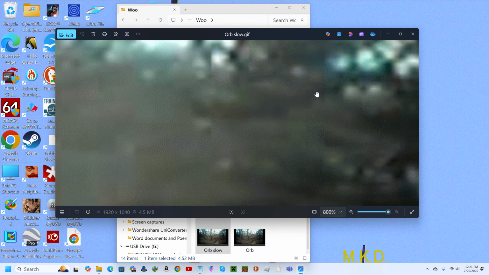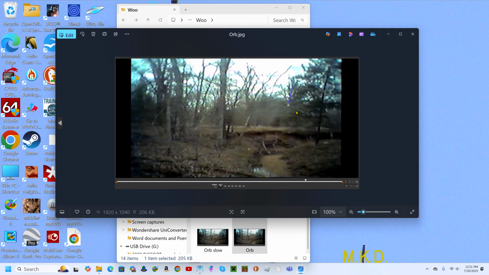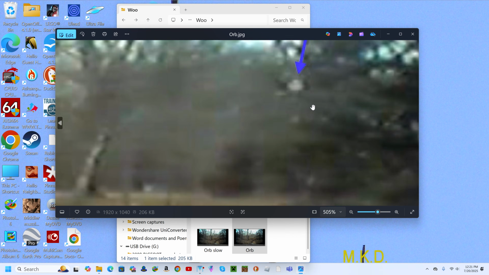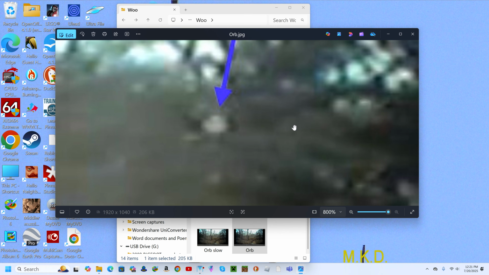It's an intense, kind of focused light. It's very bright, enough to make it show up on the trees. And this is just a still with the orb showing. All right. Now let's move on.